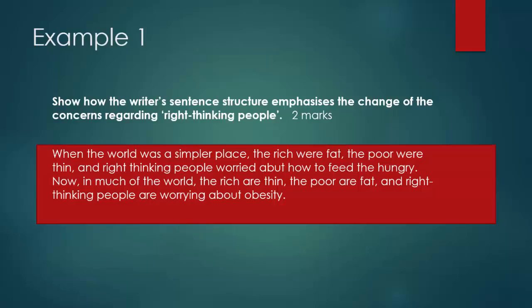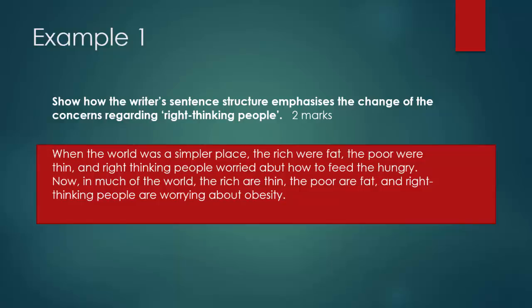Let's do one together. Our question is to show how the writer's sentence structure emphasises the change of the concerns regarding right-thinking people, and it's worth 2 marks. The passage says, "When the world was a simpler place, the rich were fat, the poor were thin, and right-thinking people worried about how to feed the hungry. Now, in much of the world, the rich are thin, the poor are fat, and right-thinking people are worrying about